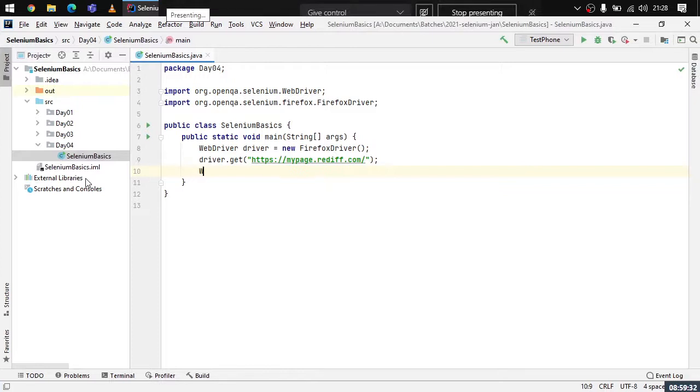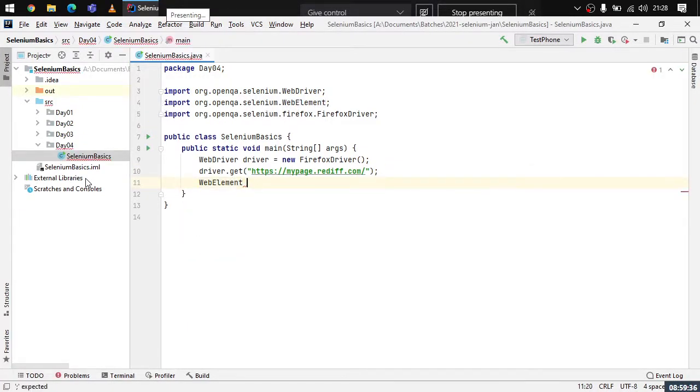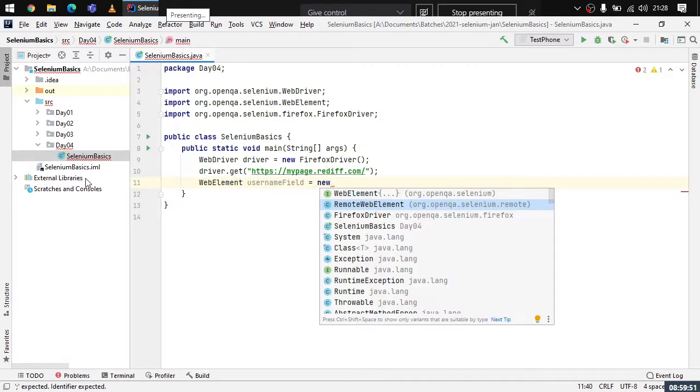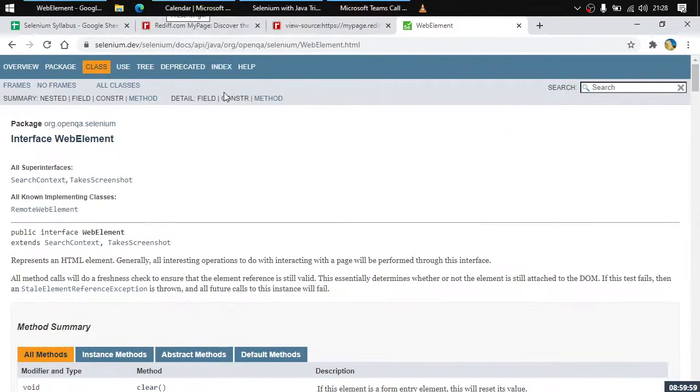So let us just initialize a WebElement. This is a username field, right? So the username field variable is created. But we cannot do new WebElement here. This is not possible. So what we will be doing is allocating it a WebElement, right?